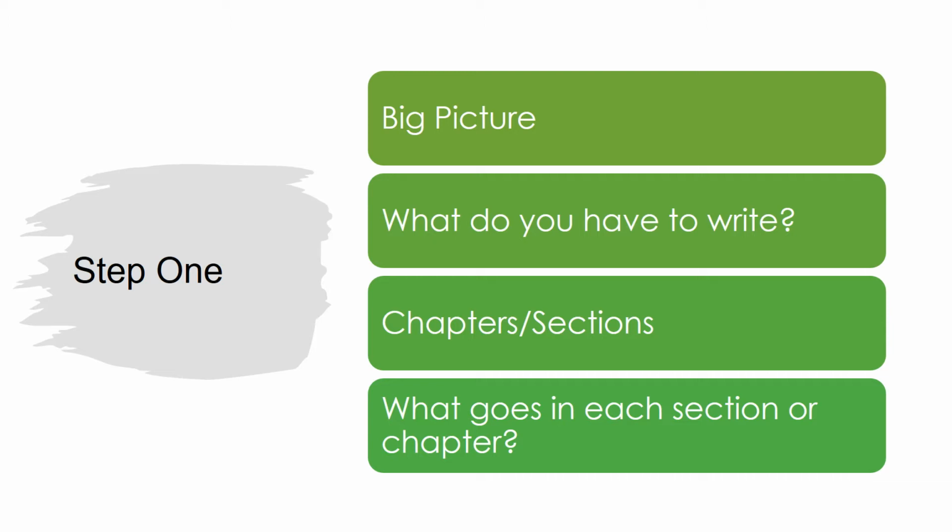If you're doing an empirical dissertation based on your own research, what is the order of chapters that have been suggested or given to you in your module handbooks on Canvas or discussion with your supervisor? And just focusing very roughly on what goes in each chapter and section. Just focusing on the big dissertation picture. So this is the first step in moving from reading to writing. First step from using our reading to writing and using it